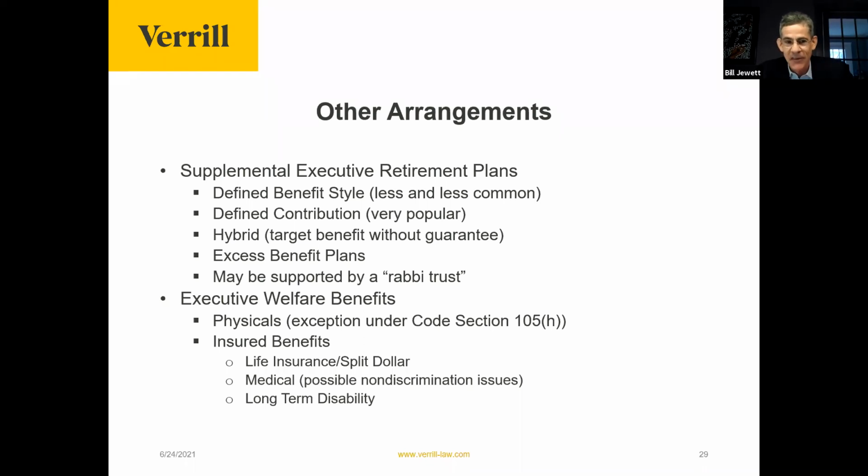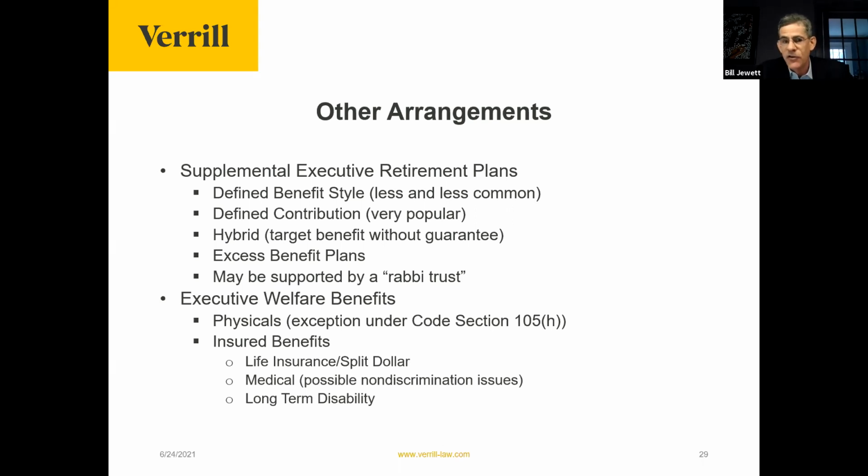A promise of an annuity for life starting at retirement age equal in value to 5% of your final average pay per year of service with the company. You'll typically have a very complicated formula like that, which will end up with a life annuity that's fairly valuable. That's a defined benefit SERP.